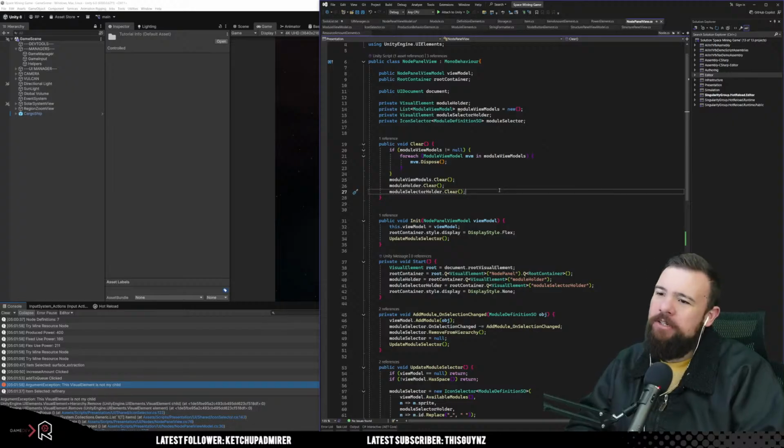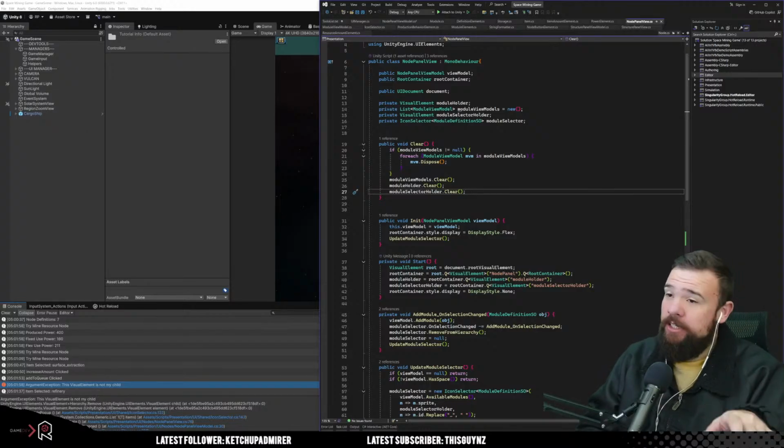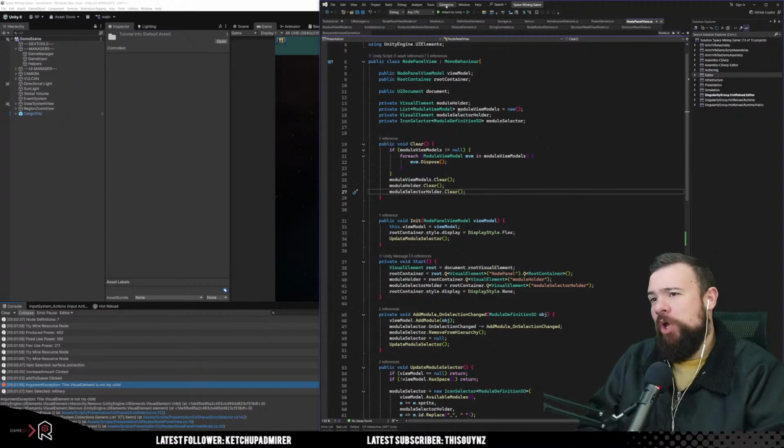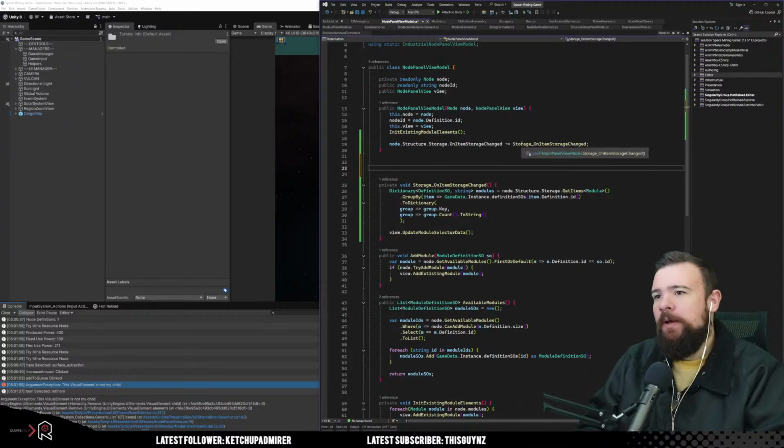Well, we never actually dispose. Yeah, we don't dispose in the same way, right? No. And the dispose works because we actually delete the modules. Our node panel view remains. It just gets shifted around, so it's not getting deleted. Right? Yeah,